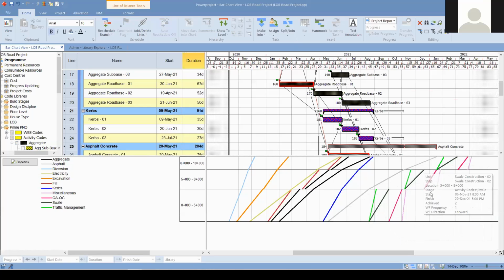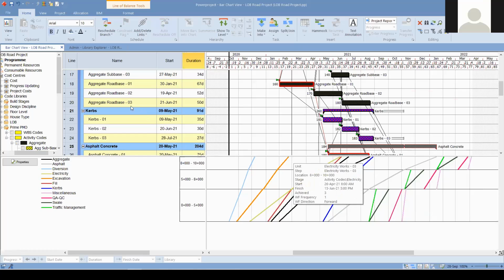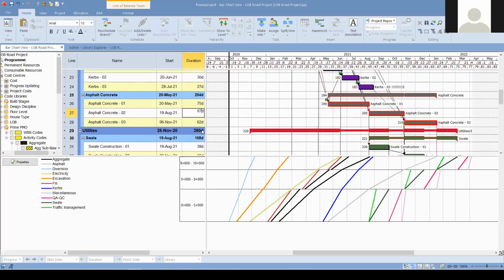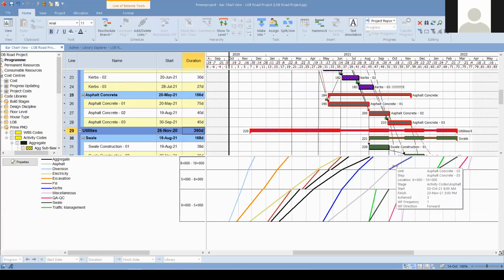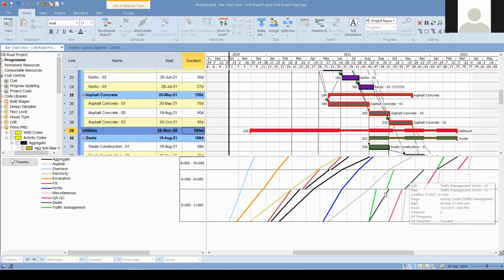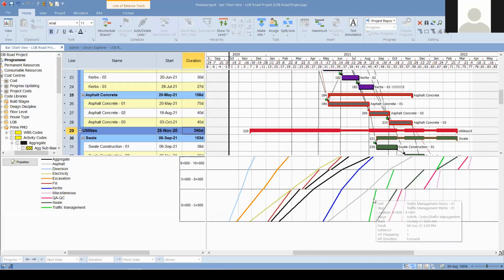However, we need to push these activities. You see that, or we need to fill these gaps. So we can go to the asphalt concrete. Let's say this is 40 days. Let's say this is 45 days. We can gain these gaps, so we can pull these traffic managements, kind of push these stage 1 activities, so